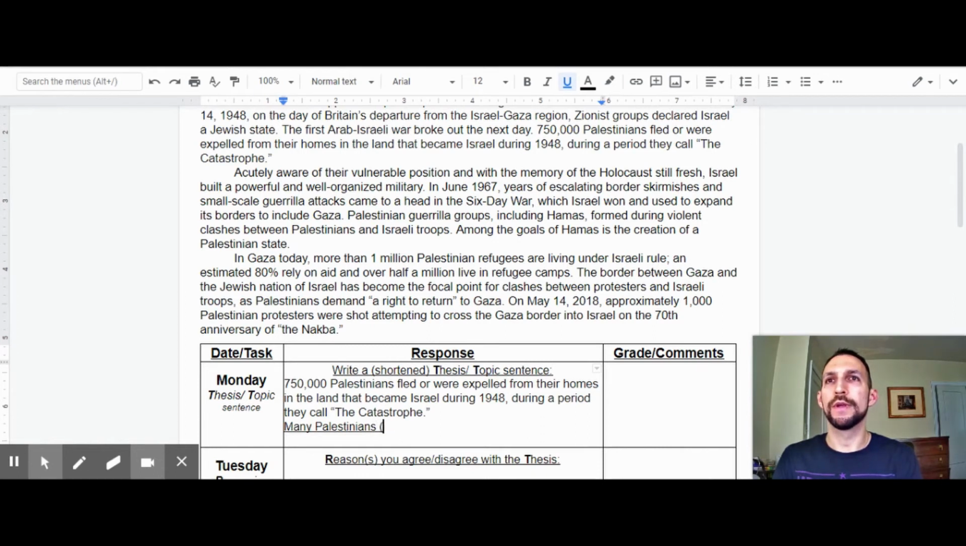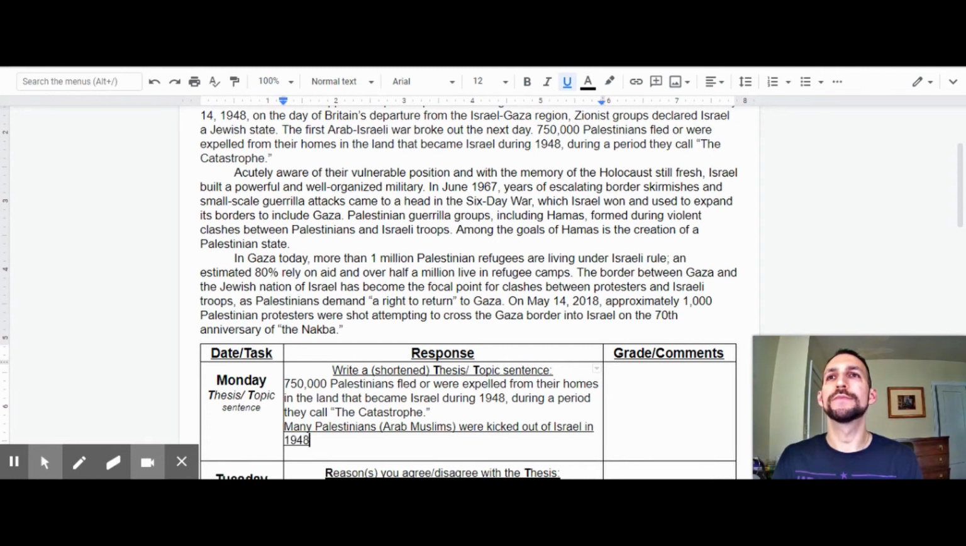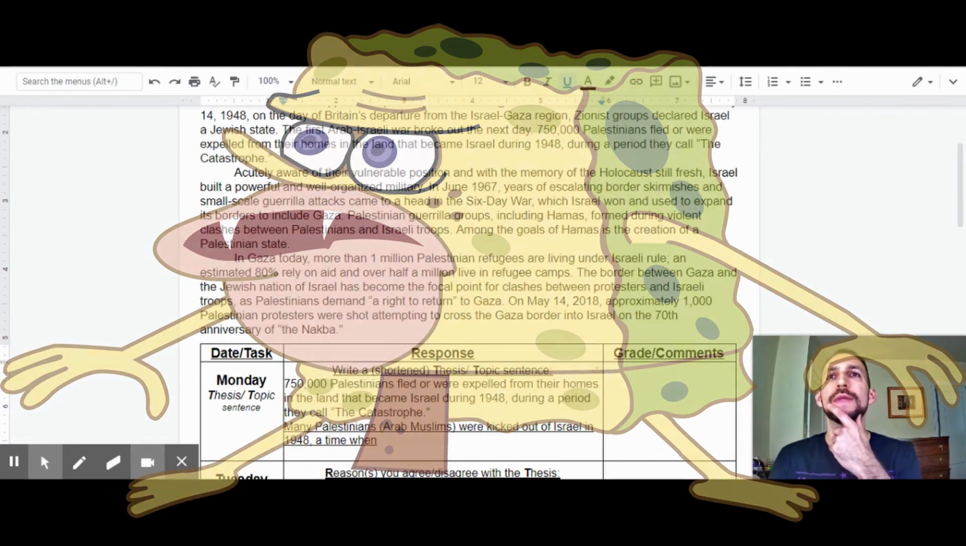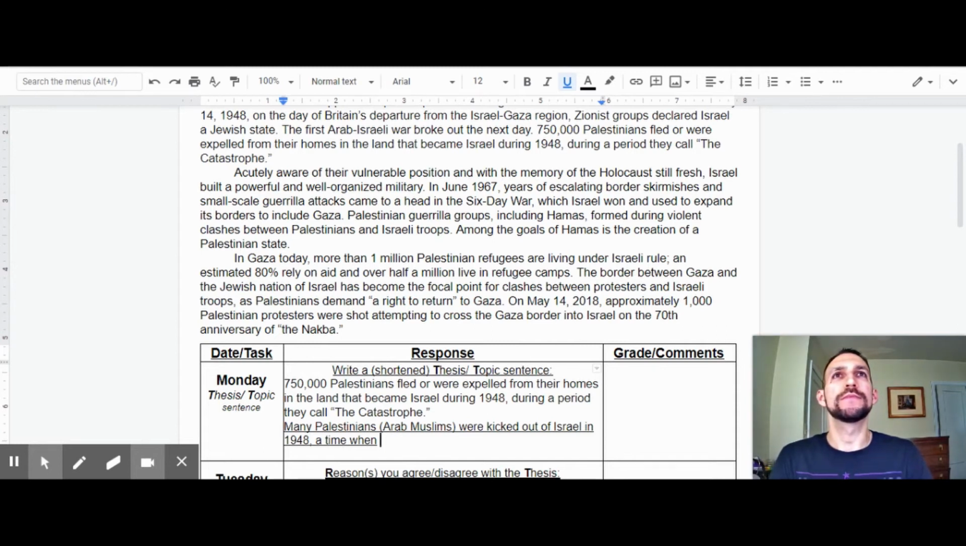Many Palestinians, and we can use Arab Muslims, a synonym, or explain what that word means since the reader may not know. And we're remembering to always write with a reader in mind. So we're trying to condense this. The reader needs to know what we're talking about. So they were expelled from their homes and the land became known as Israel. Were kicked out of Israel in 1948, a time when, what happened? So the catastrophe, how can we explain that? Well, border skirmishes, attacks, a war, Palestinians fought back against Israeli troops, a time when